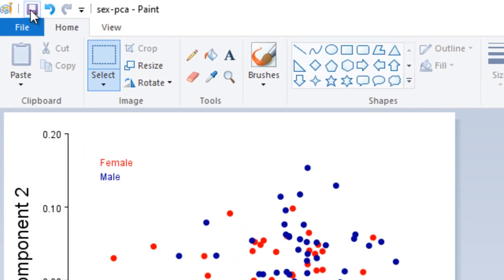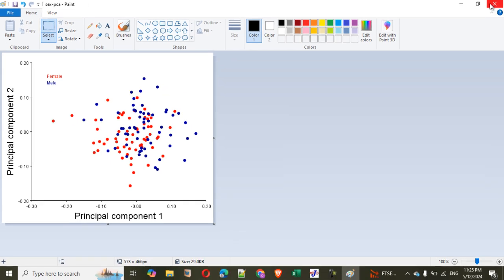So I now save. And you see, now this is my new image. Okay, so can you see that is how you handle that very easily. That is how you can now bring this into your thesis or into your manuscript very easily. Okay, so that is that for now under part 1 of this